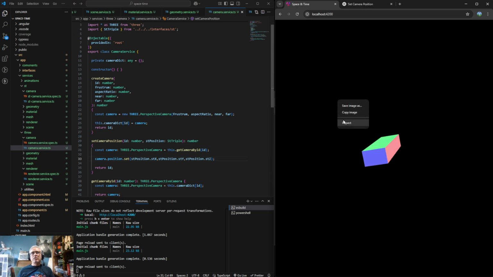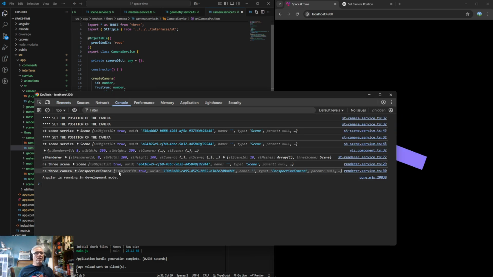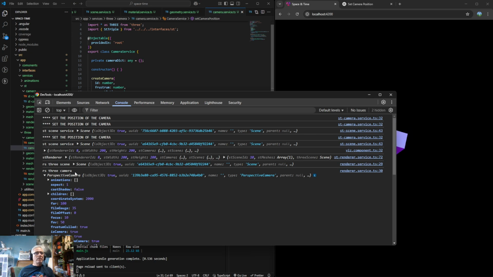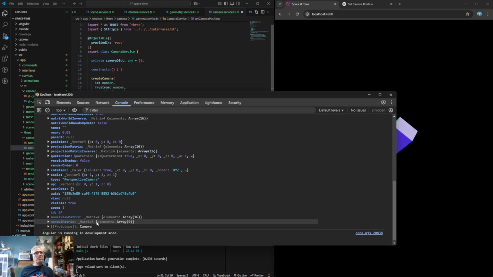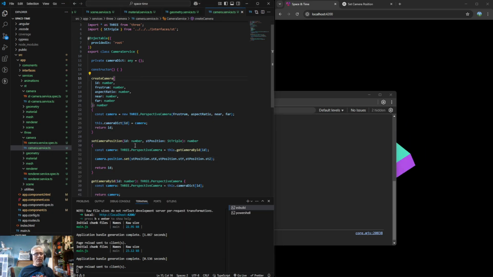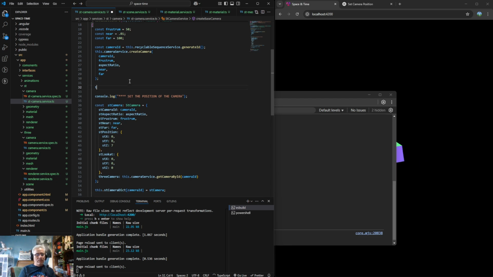8:46. Okay, I'm just going to do a quick look at the console. Let's look at our camera. Let's look at the position. See, so the position is still 0, 0, 0. Oh, and it's because I don't think we actually called this function. I created the function, but I never called it. Okay. So this dot camera service, and I know it's 3 because it doesn't have the st in front of it. And then it's going to be,